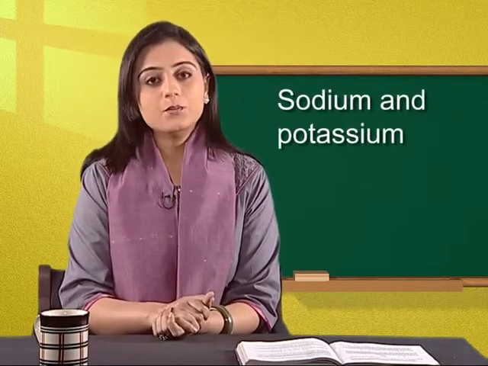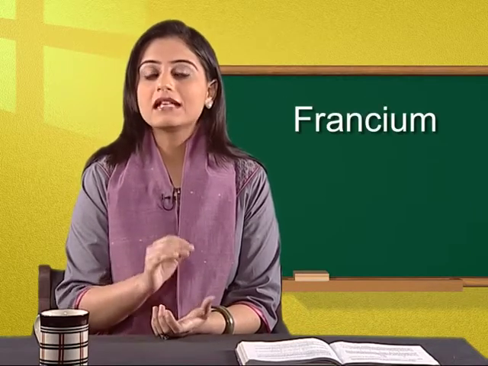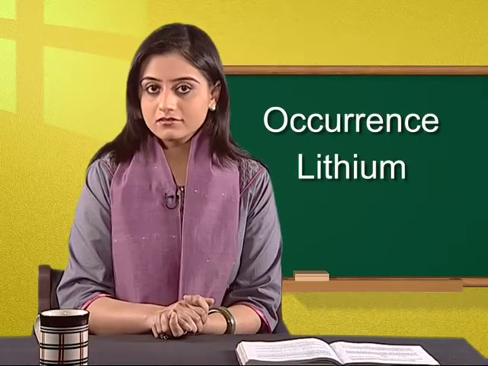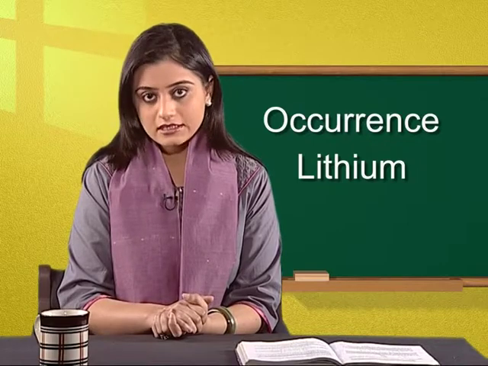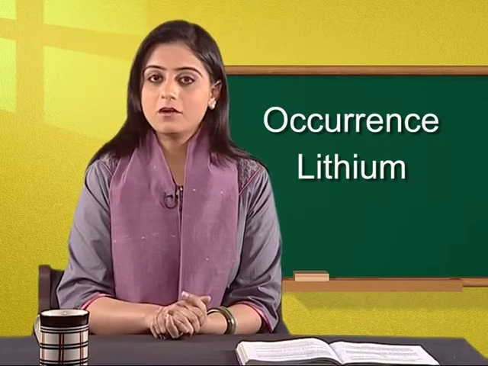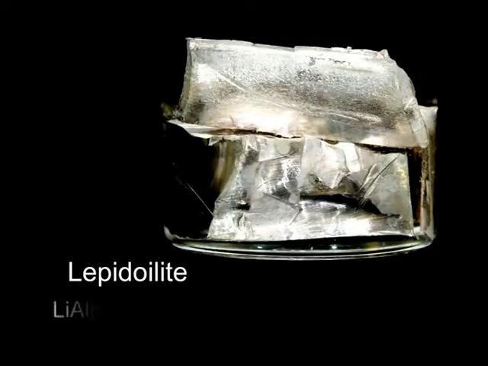Children, let's first discuss abundance of alkali metals in nature. Sodium and potassium are the most abundant elements, whereas lithium, rubidium and cesium have low abundance. Francium is a radioactive element. Occurrence: lithium. It is found in small amounts on the Earth's surface. It mainly occurs in the form of silicate minerals as lepidolite, that is